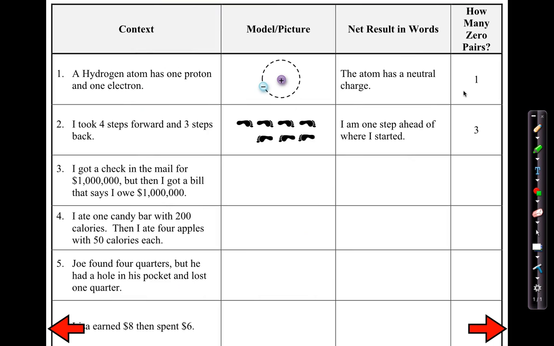So here, let's take a look at some examples, some context, a picture, what the net result is in words, and how many zero pairs. So here, a hydrogen atom has 1 proton and 1 electron. So real quick, a proton is something with a positive charge, okay, and